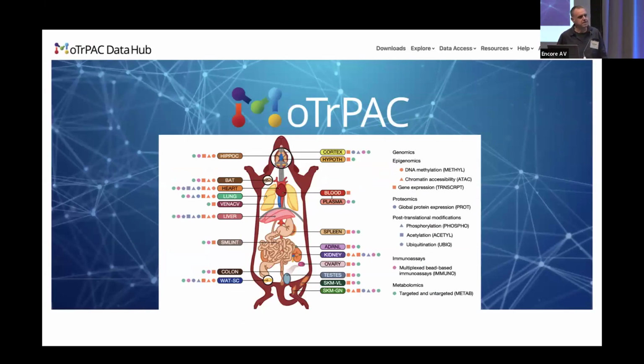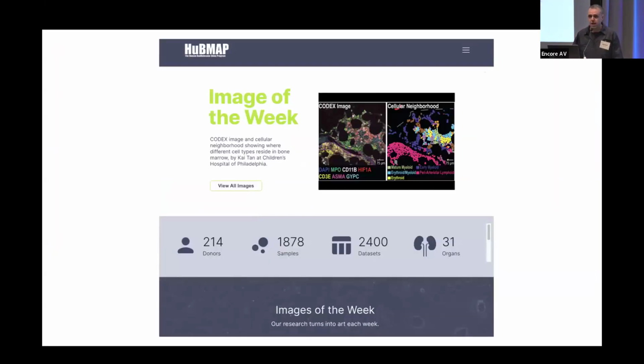MotorPack is interesting. It's an interventional study. It is looking at the effect of exercise on omics signals. It has an animal branch and a human subject branch. And the question is, how do omics readouts change from key tissues in response to exercise? And maybe it may provide a template in the future to understand how pregnancy might impact omics readouts.